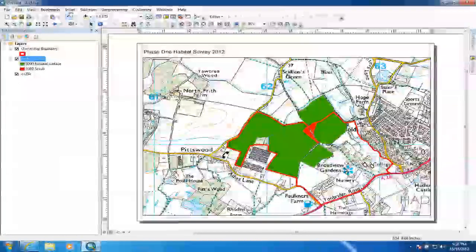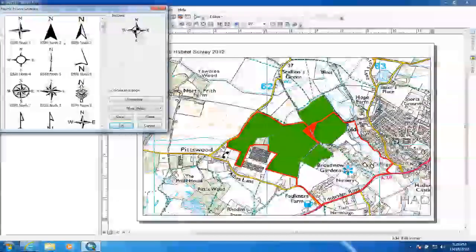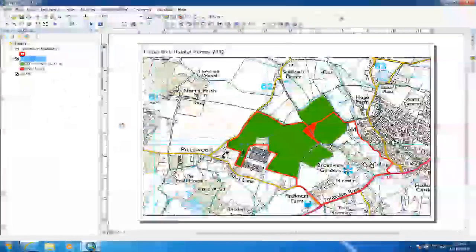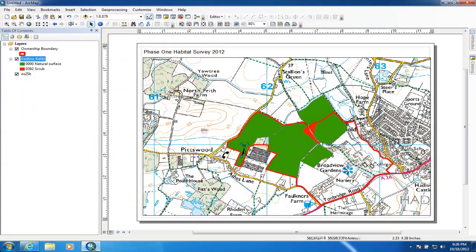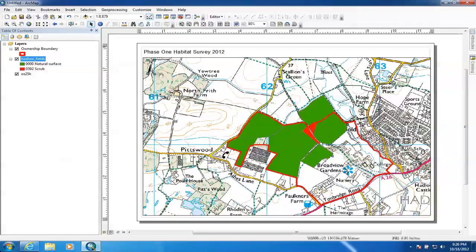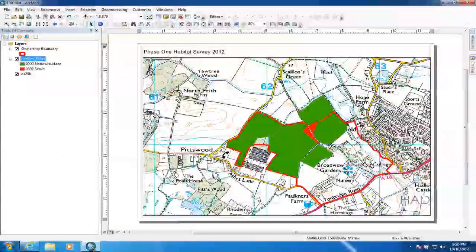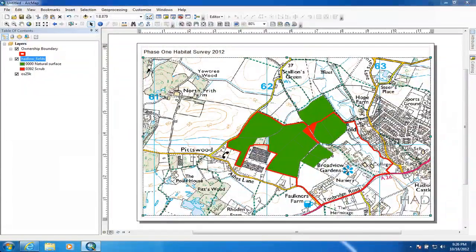The other thing that all maps will have is a north line. Again, you've got different options for north lines here, so you can choose one and then accept it and it will appear, and again you get the handle so you can resize it. Again, not very useful when it's sitting over the top of something else, so there's quite an easy way around that. If we double tap it,